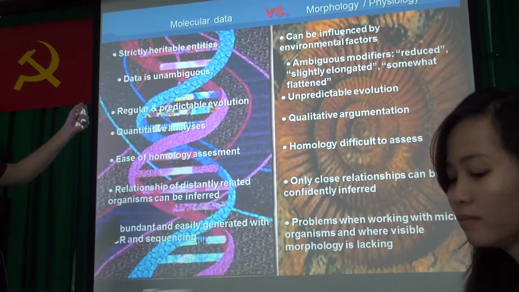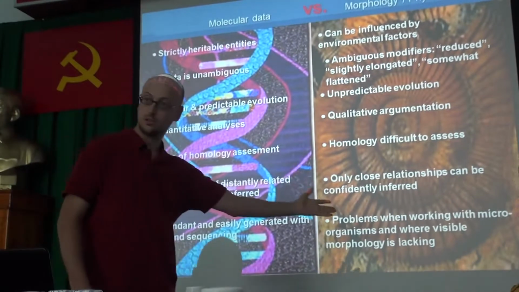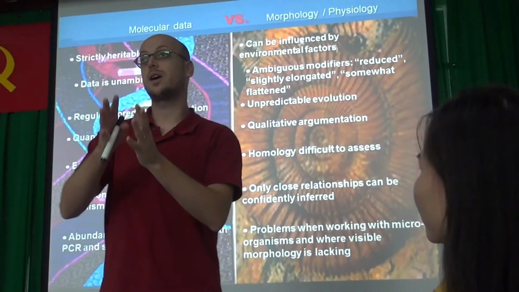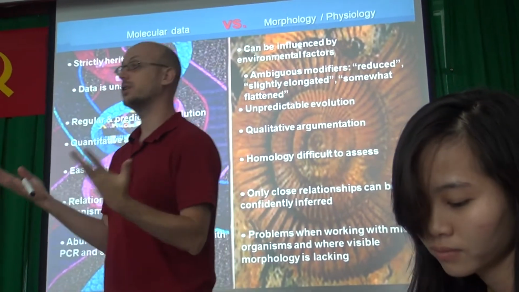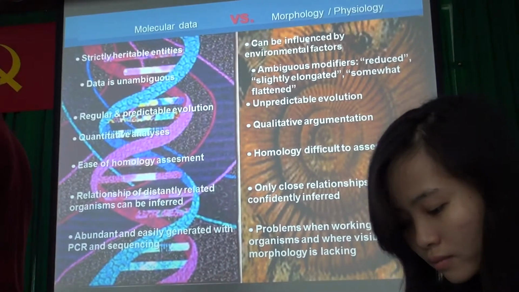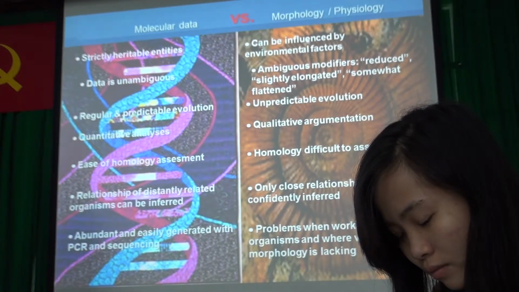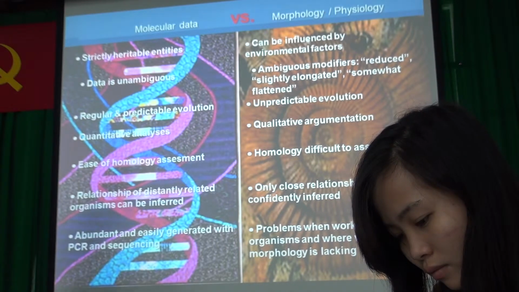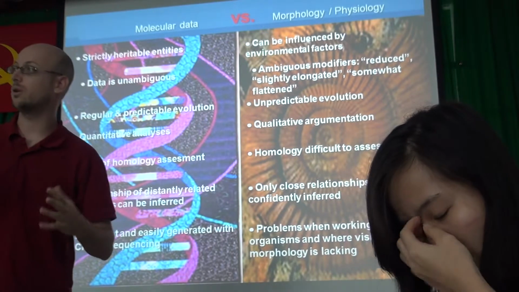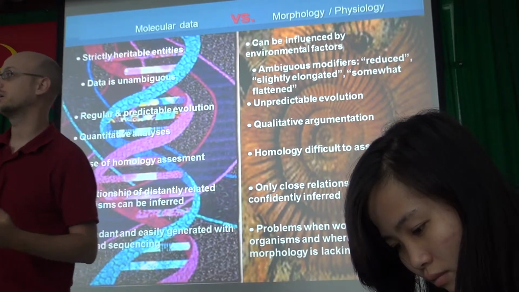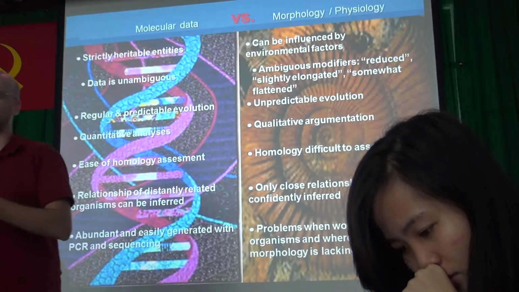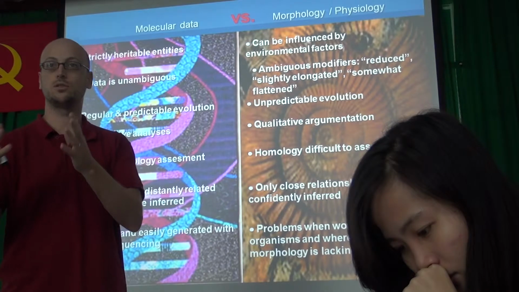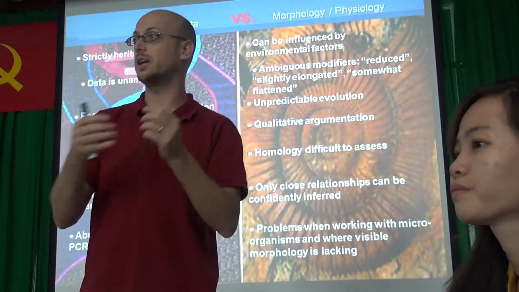Another problem with morphology or physiology is that we cannot correlate, we cannot make relationships between organisms that are quite far away. For example, if I want to put on the same tree humans, monkeys, orangutan, chimpanzee, and lizards,